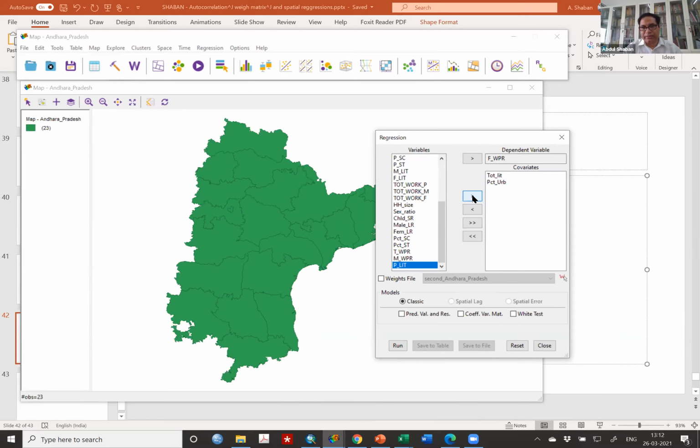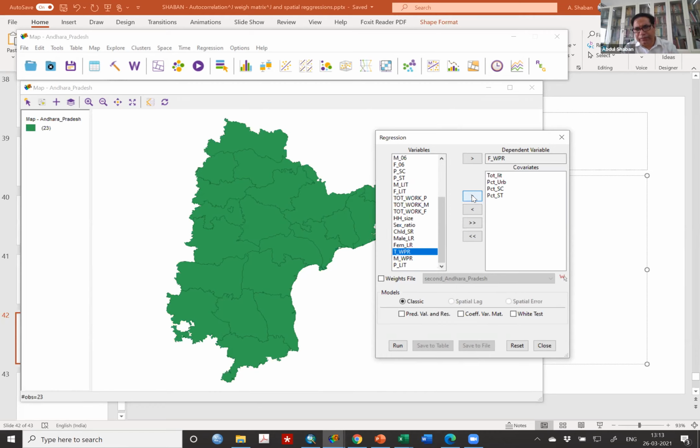Percentage of scheduled caste, because both male and female have to work in order to take care of the house. And that is where you have found that wherever they are concentrated, the work participation rate is also high. So percentage of SC and percentage of ST. Just assuming that I took these four, you can think about it more, and you can include some more variables, health indicators, or actually anything.